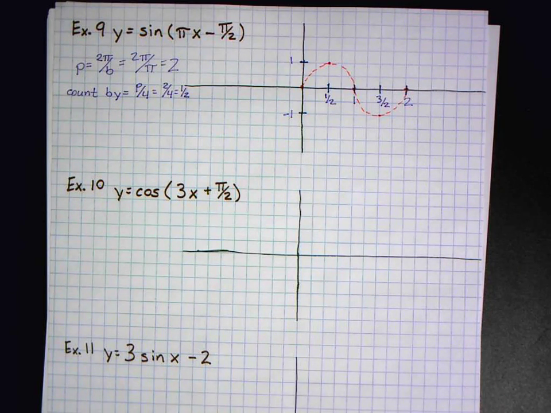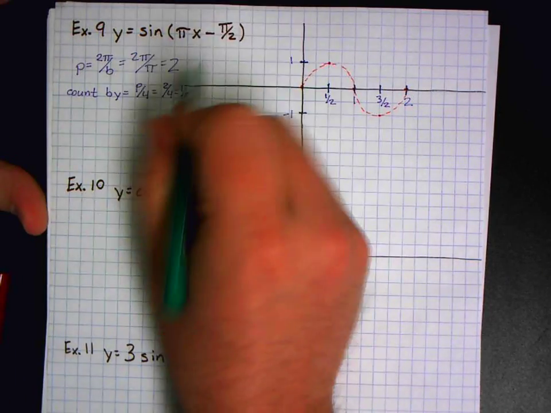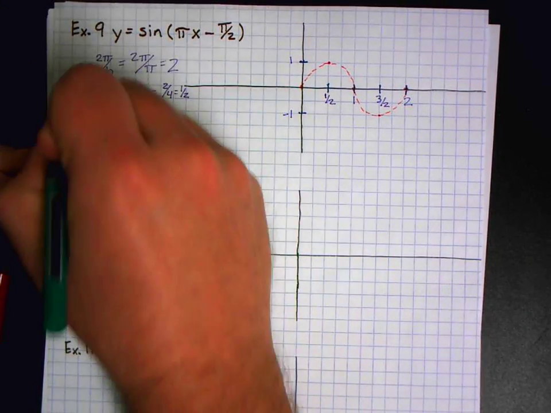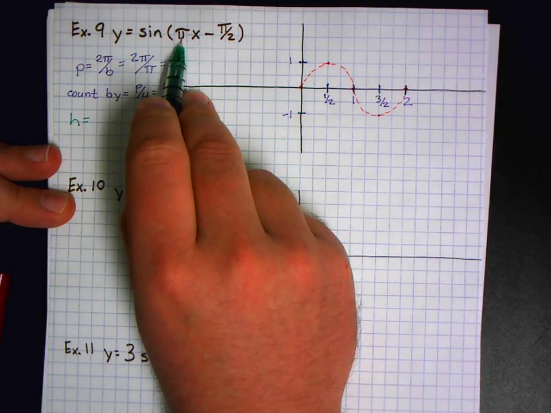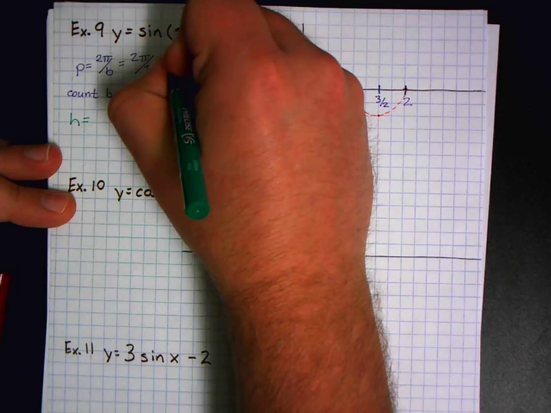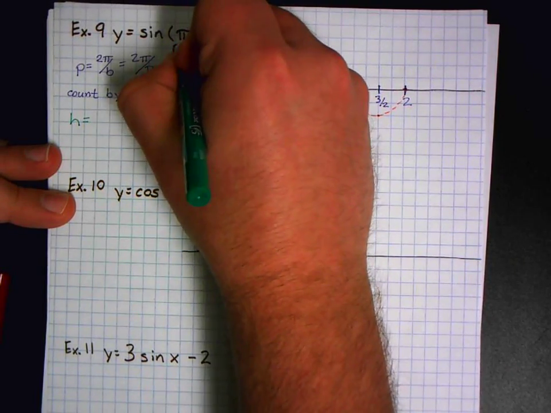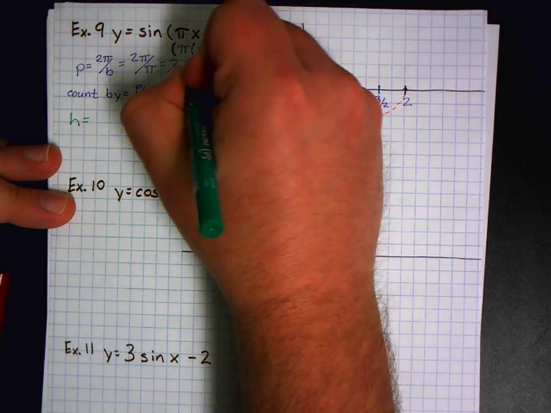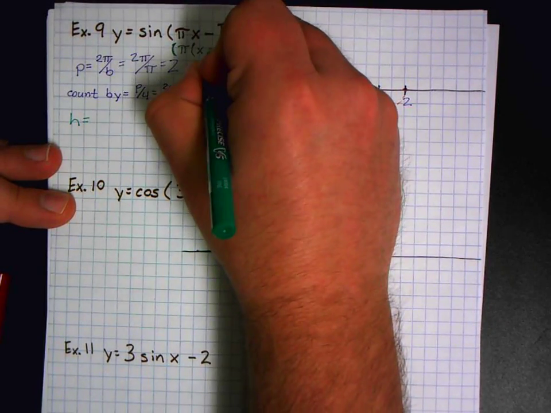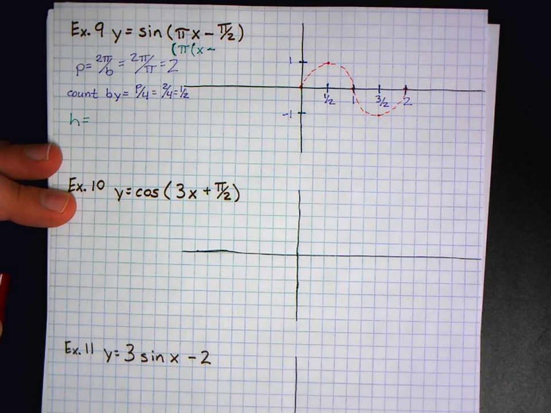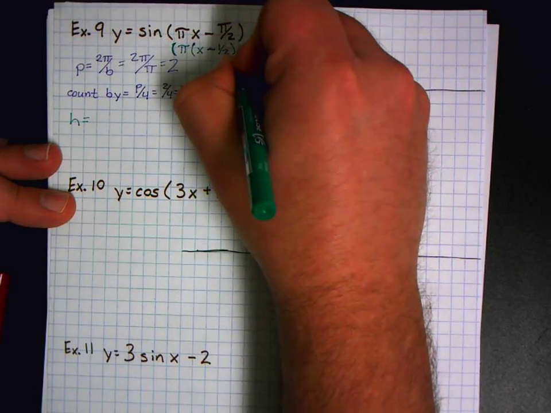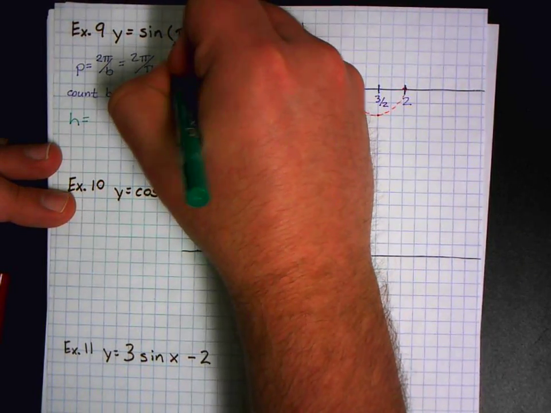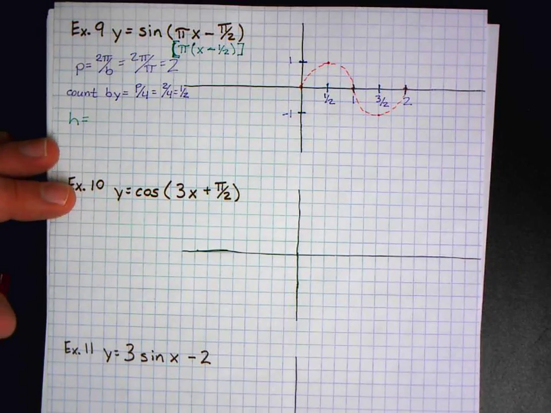Okay, now I need to take care of the translation. The translation, remember, to find h, I need to take this value and divide it by this. Because actually what I have in here, I need to have that x by itself. So I need to divide out that pi. So what is my actual h value? 1/2. Or if you want to try to remember it or memorize it with the letters,